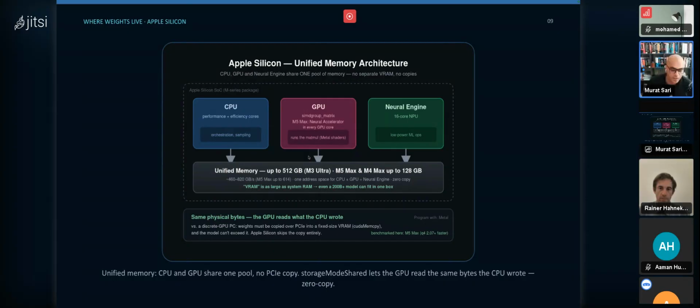When we're talking about open weight models, like Rainer showed us the Gamma 4 model, or if you have a little bit beefier machine, it could also be some DeepSeek V4 Pro Flash, whatever version of it. Then, of course, it matters because these open weight models come in a special file format which has all the weights inside.